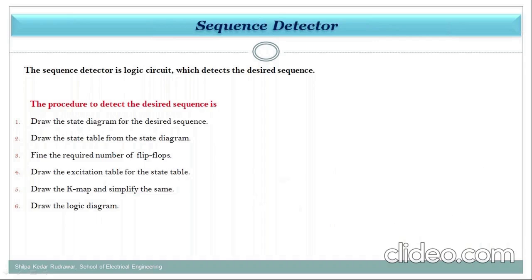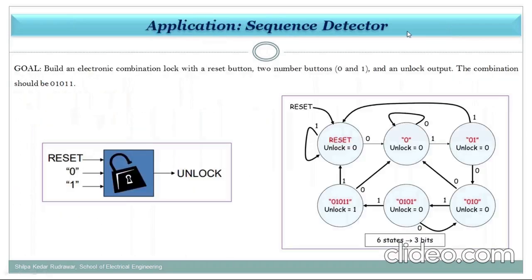Now, as I told you, when I have that particular sequence, 1 0 1, what is the output? Suppose I have given a 1 0 1 0 1 sequence over here, and the sequence to be detected is 1 0 1. So only when 1 0 1 is given, the output will be 1. If you have given 1 0 0, the output will be 0 only.